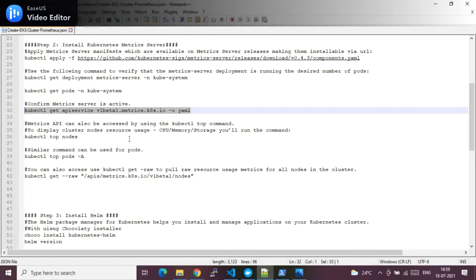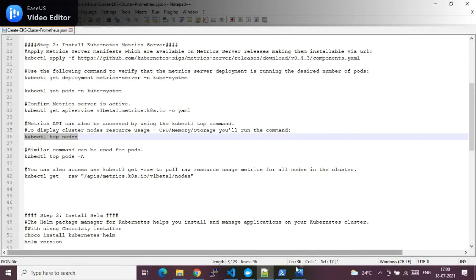So see here, as I explained, enabling the metric server on the Kubernetes service is nothing but enabling the API service through which you can gather the metric data of your Kubernetes. Now we have successfully enabled and confirmed that. Now how can we gather those metrics by using some built-in commands or the kubectl commands? Okay, so we can do that.